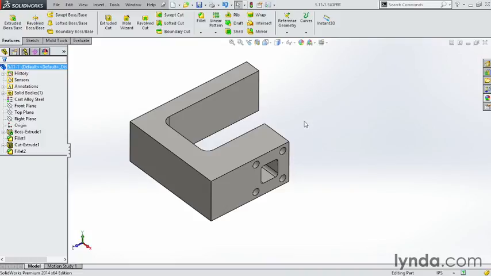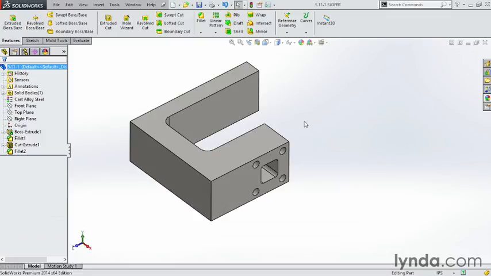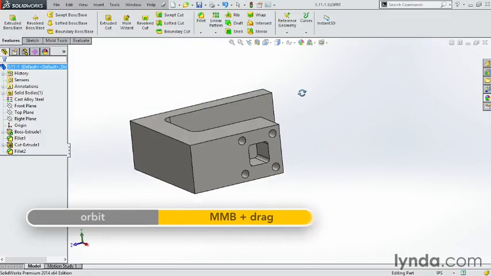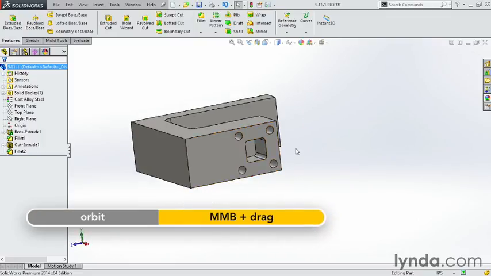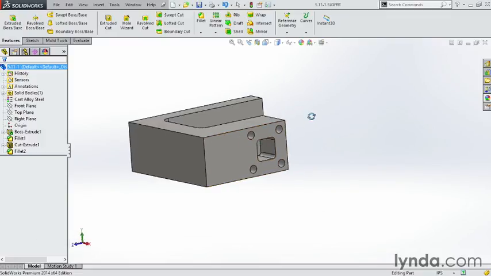The Convert Entity command is one of the most powerful commands inside of SOLIDWORKS. It allows you to reuse sketch geometry from other features or individual lines or edges from other parts. If I want to use these same holes and these cutouts and don't want to go through all the time to draw all this again, I can use the Convert